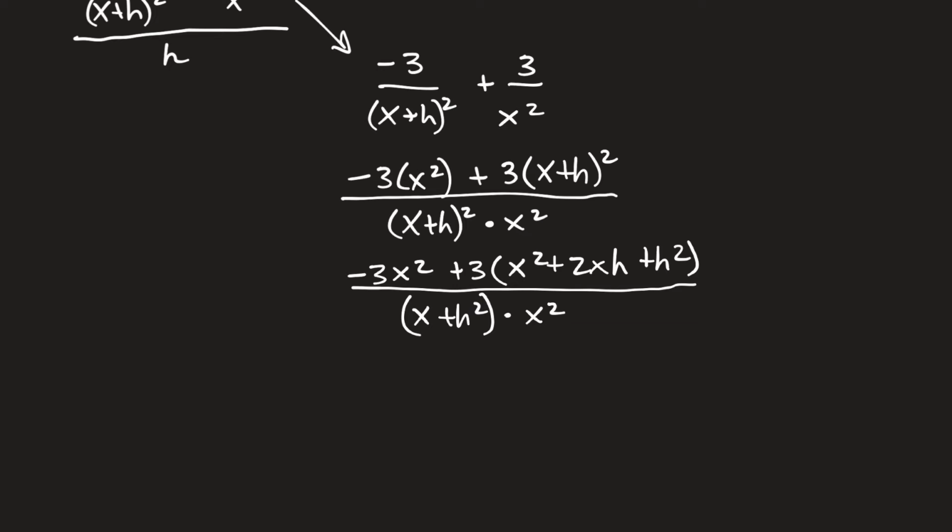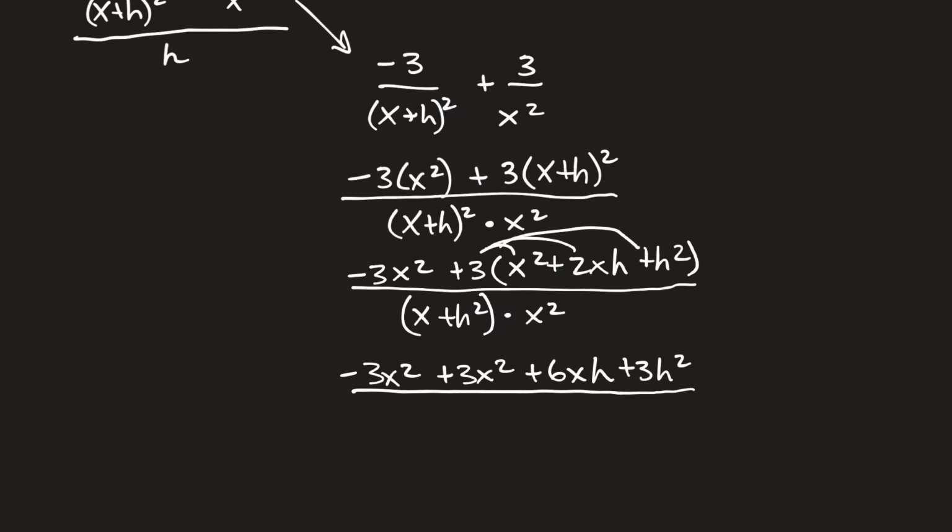And then further, that would be negative 3x squared plus 3x squared plus 6xh, I'm distributing right now, and plus 3h squared